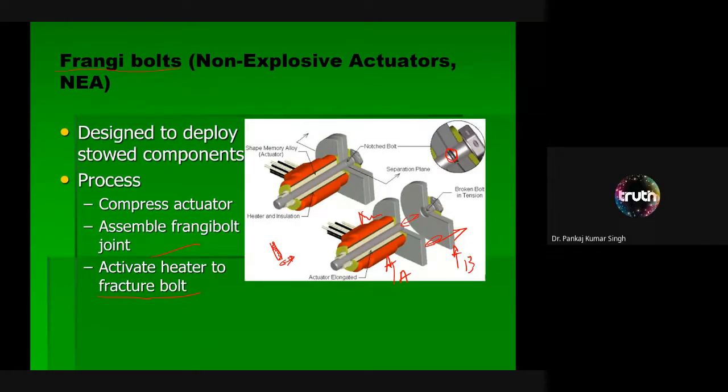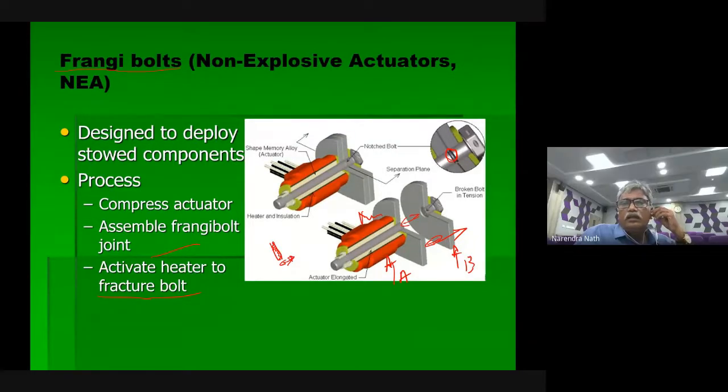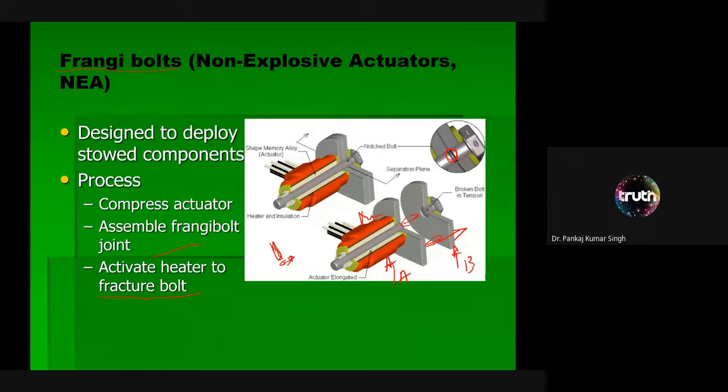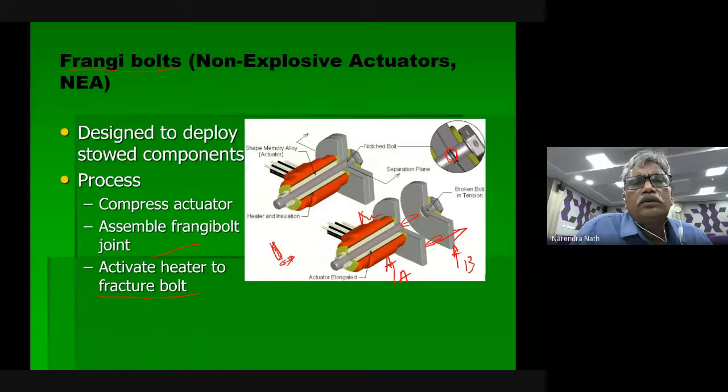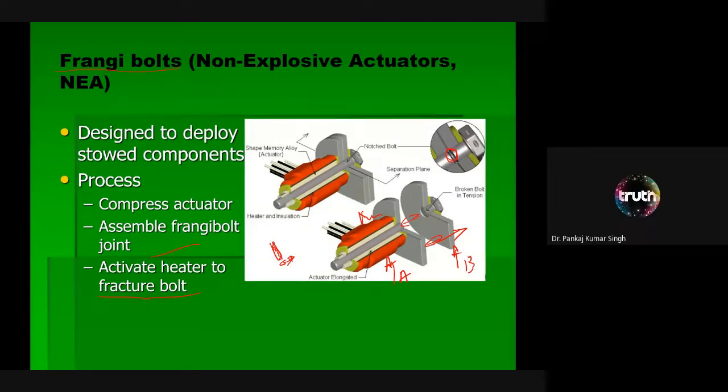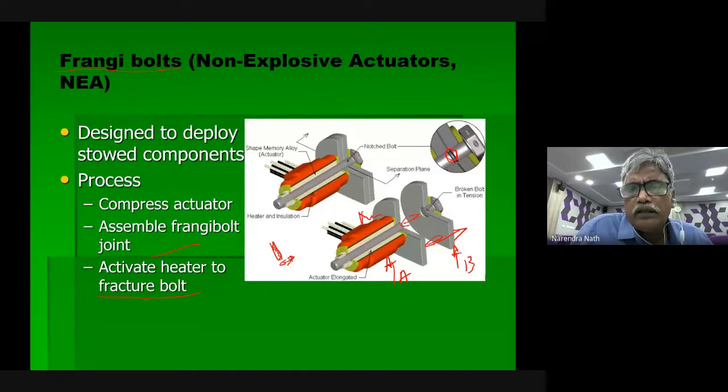Okay, sir. You are using one term, shape memory effect. What is that, sir? Some term you are using. Can you repeat? Can you tell neatly what it is? Just you have said the effects. Shape memory effect. What is that?